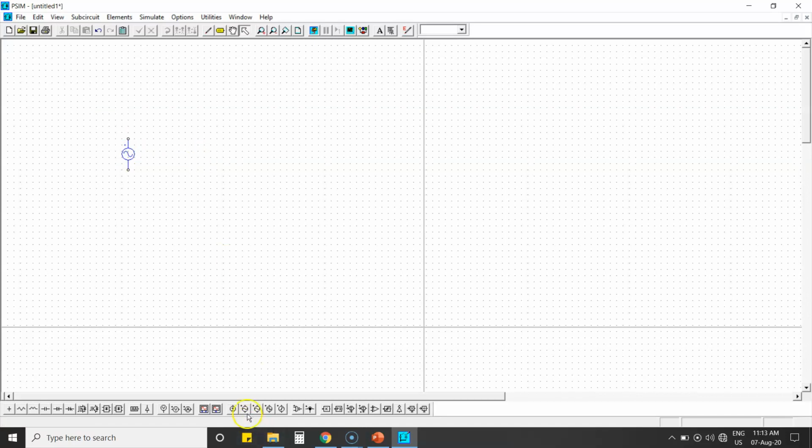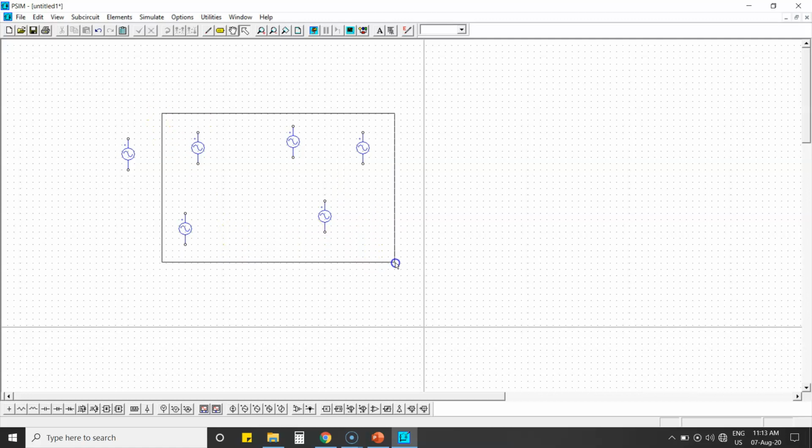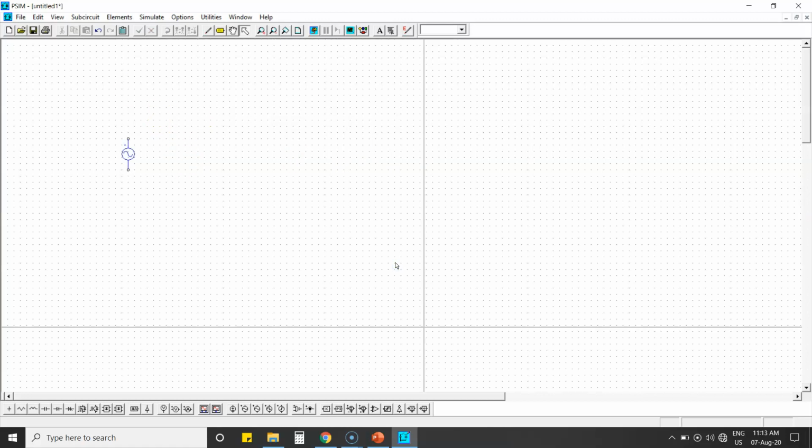If you click a button here, it will automatically come and move like the mouse. If you want to place it here, you have to click somewhere, and then it comes again. If I want only one source, just click and then press escape. Then the source will get closed.